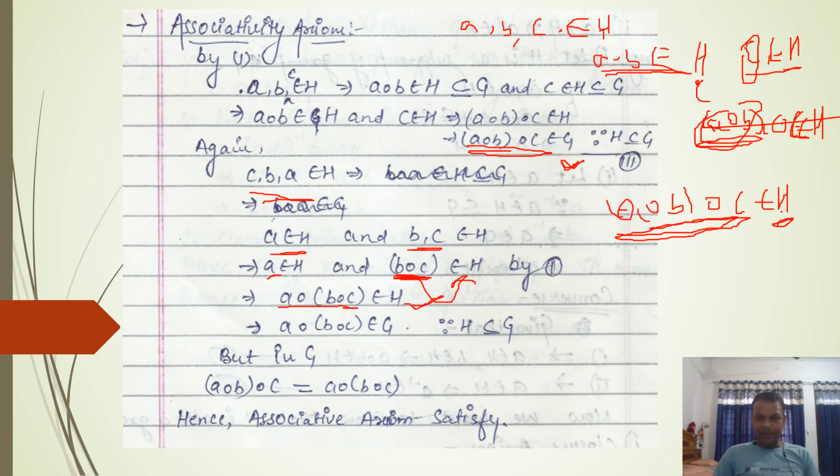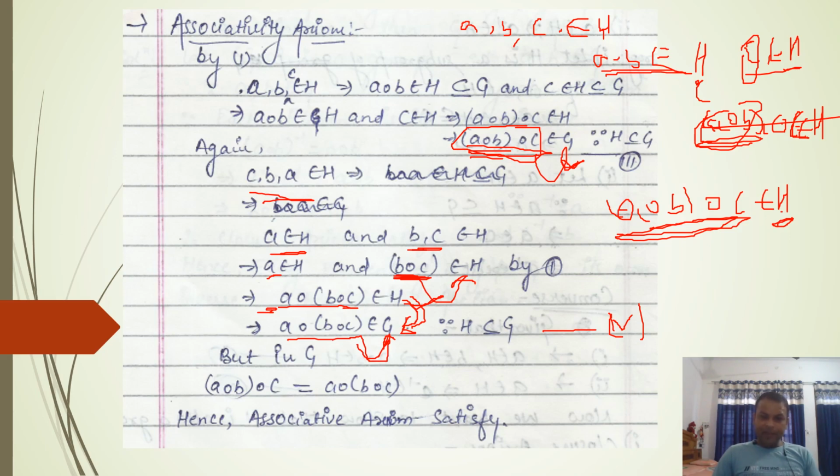Again, as I have discussed for the third, because this part is an element of H, and H is a subset of G, every element of the subset H will belong to G. So we can say that this part will also belong to G. As I have written by third and by fourth, take it as 4. These two elements A of B of C, this belongs to G, and this part again belongs to G.